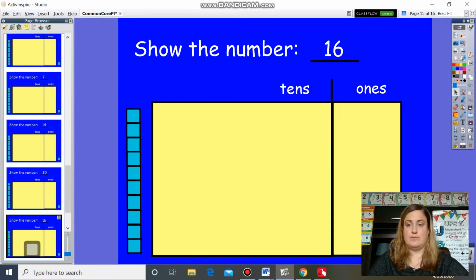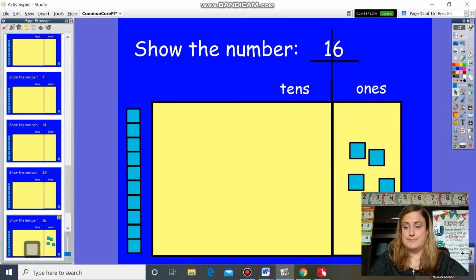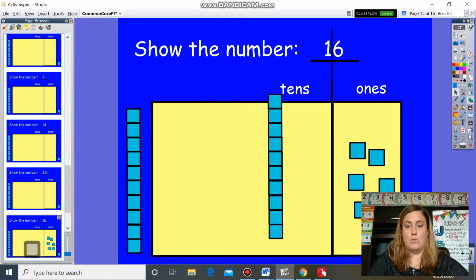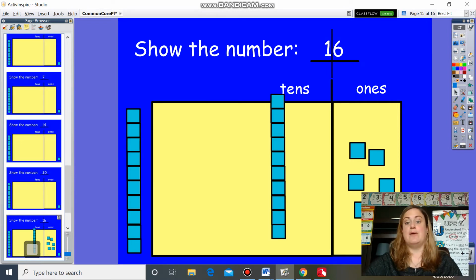Let's try this one. This one is 16. Again, a 2-digit number. If I draw my line down the middle to separate the place values, you'll see a 6 for the ones and a 1 for the tens. Again, you move your blocks to represent those numbers. So I have 6 ones and 1 ten. If we count them, we have 10, then we go up by ones, 11, 12, 13,